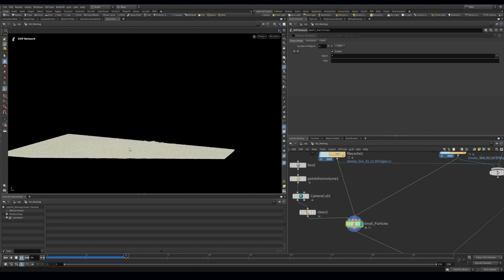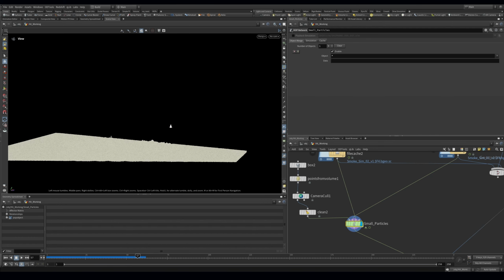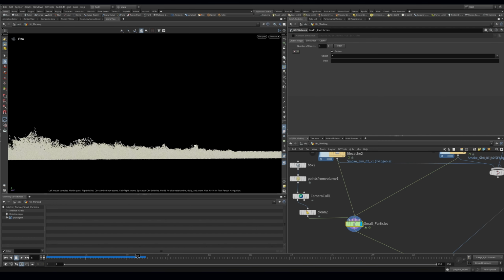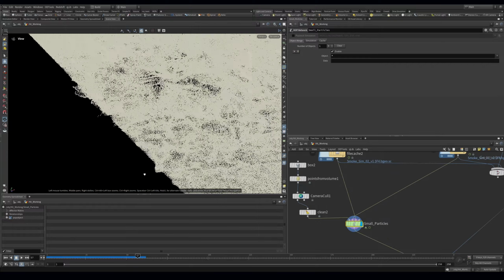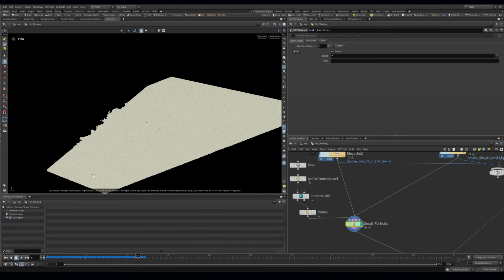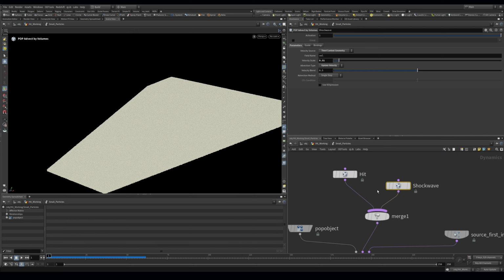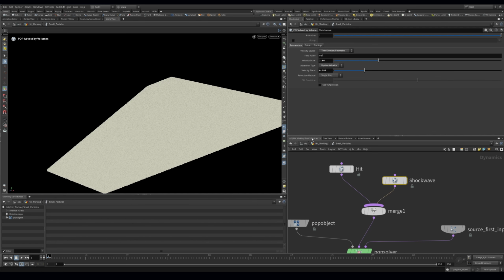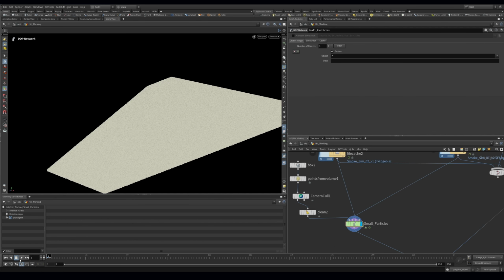you'll see that it radically changes the movement, and that's because they kind of compete against each other. So now I have this ripple, which is quite hard to see, but the hit is a lot lower because we have two different velocities. So I found that what I had to do was really push the one and then also push this one. And then with the shockwave, I can also turn down the velocity blend, so there's less of the shockwave. And then if I hit play,